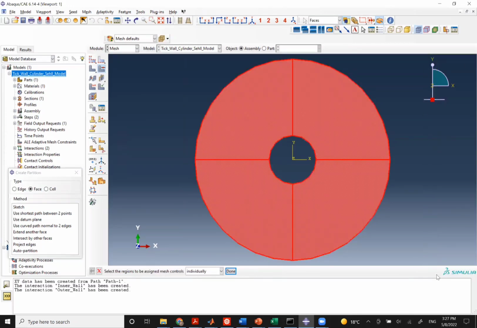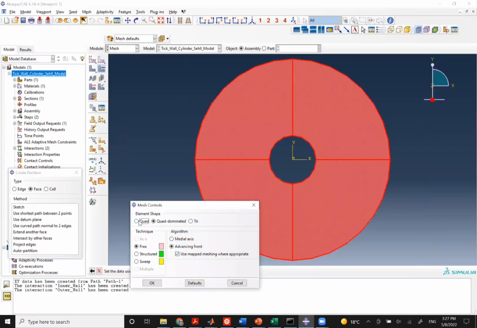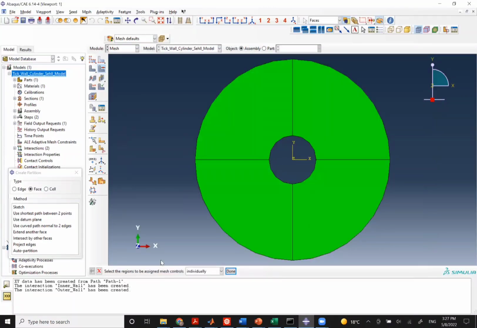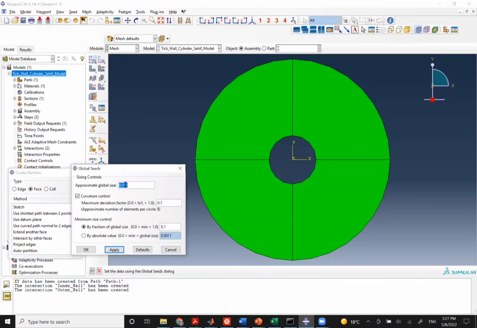Select everything here. Done. And choose quadrilateral, and now the structured part is allowable, and we can choose it. So let's do this, create, and now it's green and nice. So before meshing it, let's choose number of elements here, and these values are in meters now, since that's what we entered. So let's have it as